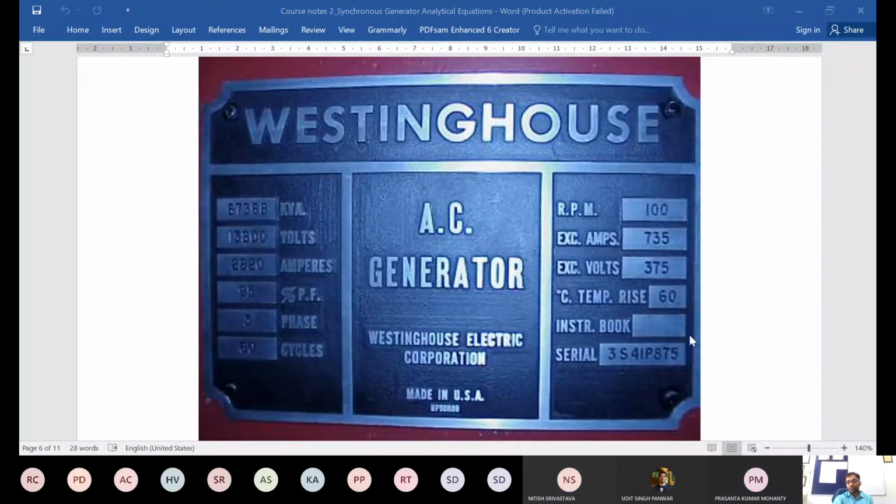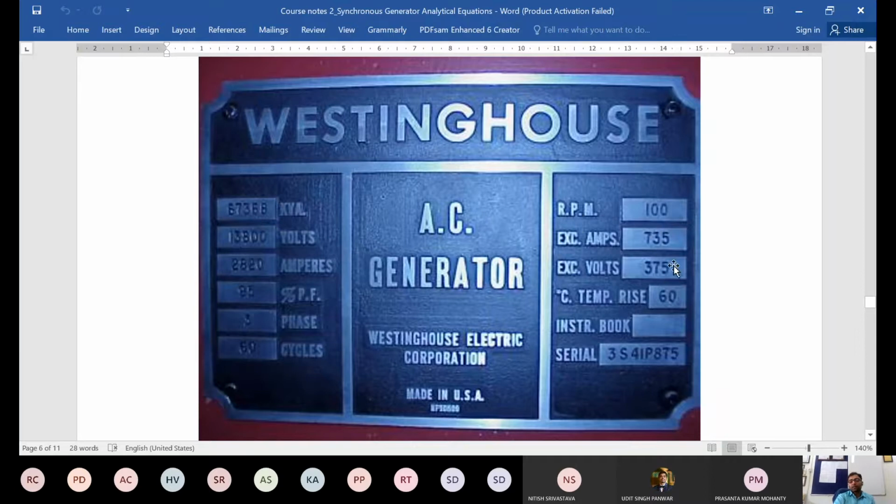Who told that answer? Prashant sir. Prashant. Yeah, thank you, Prashant. So yeah, this is correct. It is used for hydro generation, which we can make out because the RPMs are very low and the number of poles is very high. But not really small hydro, because the rating is around 67,000 kVA, so it won't be for small hydro for sure. It will probably be in one of the large hydropower plants having a reservoir and dam based scheme.